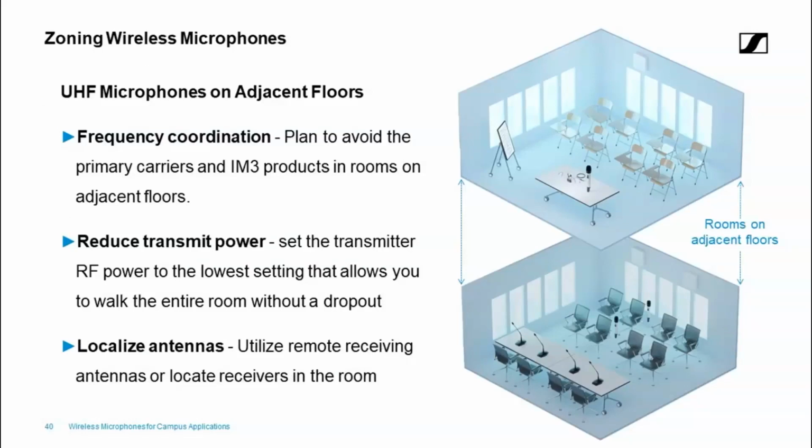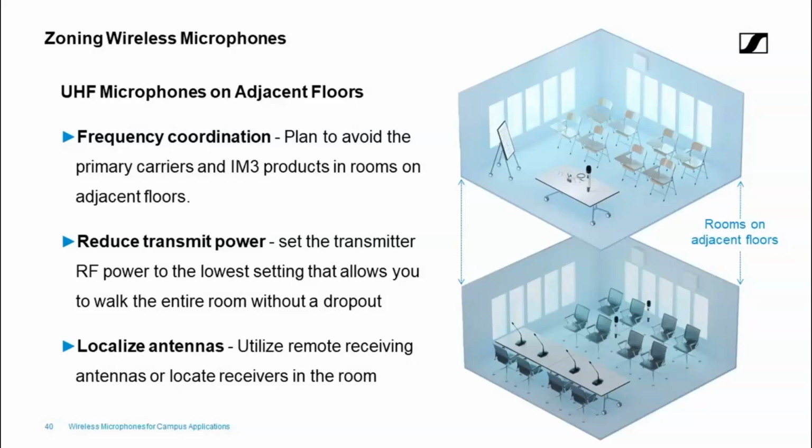So frequency coordination, if we're going to look at a building, we'll say this one is partially transparent. We want to avoid the intermodulation 3 products, and those were those 2 big spikes on either side of the main carriers. You could do that by using the pre-coordinated frequencies that are in the system. Our systems, we call those banks, and those are going to be intermodulation free as far as their calculations. We want to reduce the transmit power.